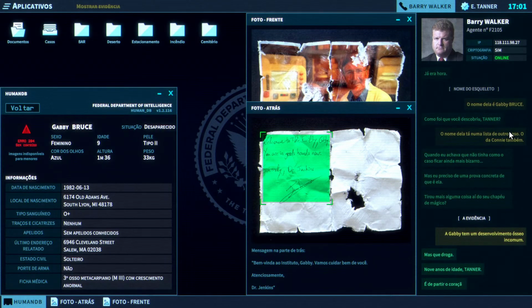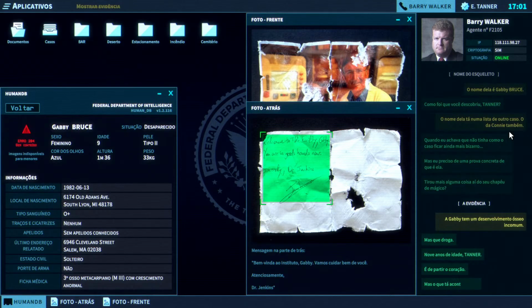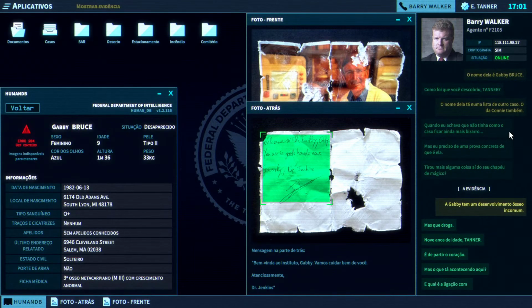Breaks your goddamn heart. What the hell is going on out here? And what's the connection to Connie?